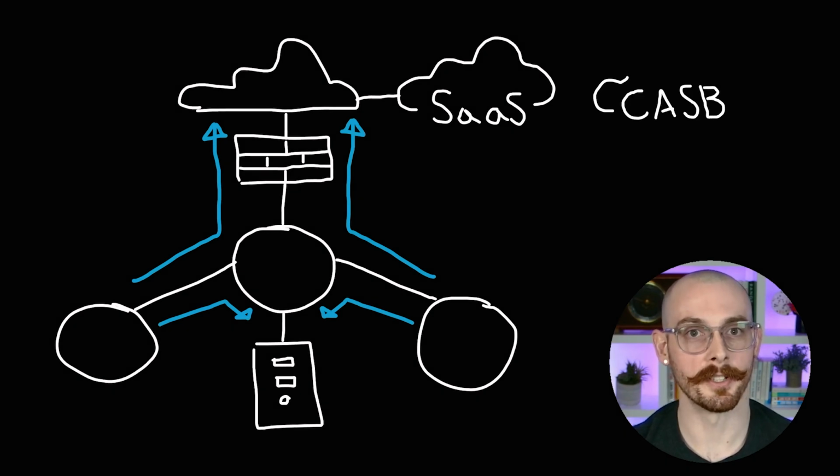CASBs bridged an organization's on-premise infrastructure and its cloud services, helping mitigate the risk that cloud assets would be accessed by outside users or of unauthorized data leaks. CASBs provided visibility for who is accessing and using certain services, identifying threats, shadow IT, and sensitive data access, and could then be used to enforce security policies to mitigate threats and meet compliance requirements.